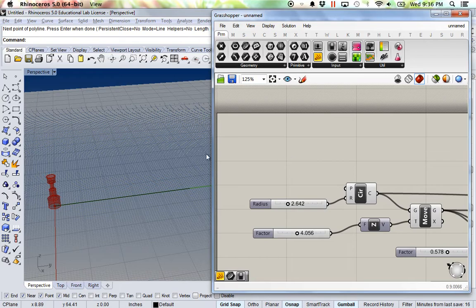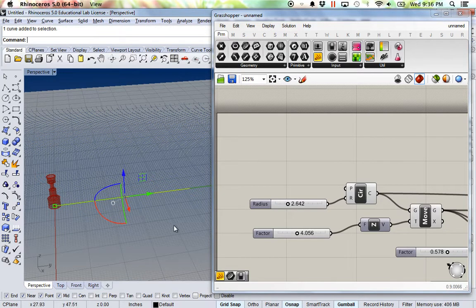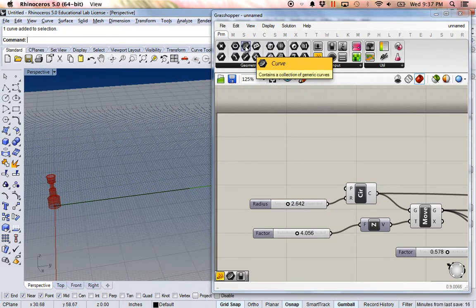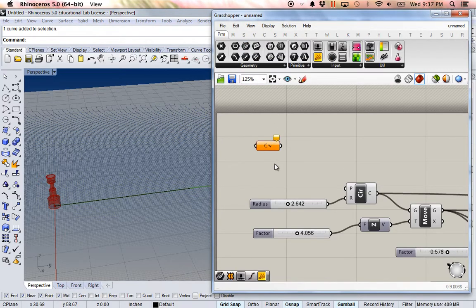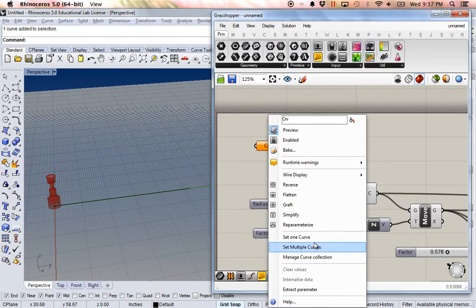I want to input this line into Grasshopper now. So I need to go to my primitives and use one of these components, right? Because these are the components that bring in your geometry from Rhino into Grasshopper. A line is essentially a curve, so I'm going to bring in the curve component, set one curve,